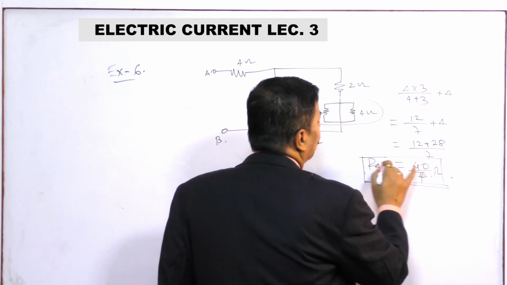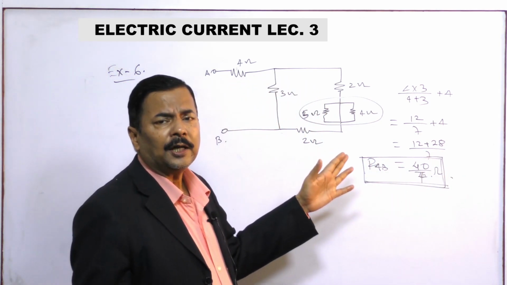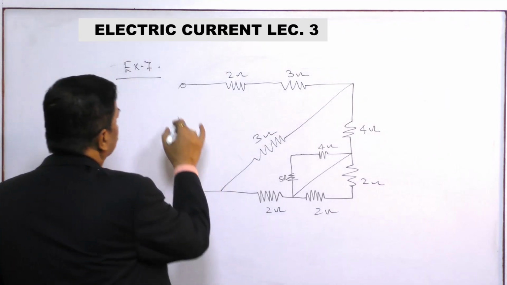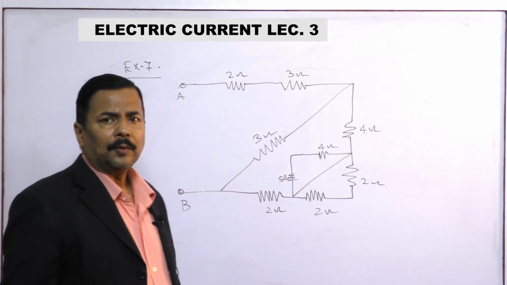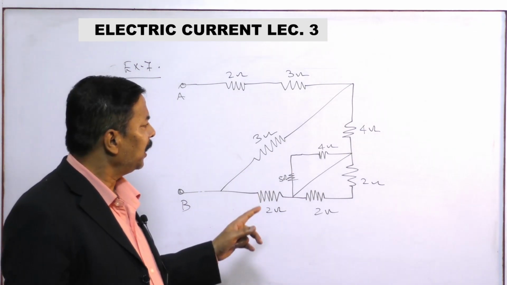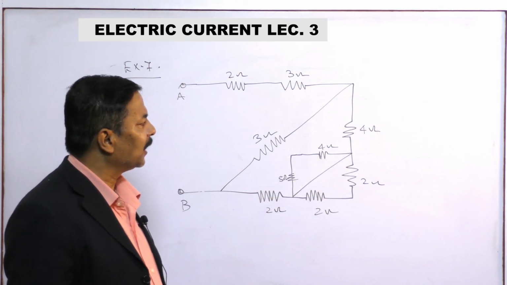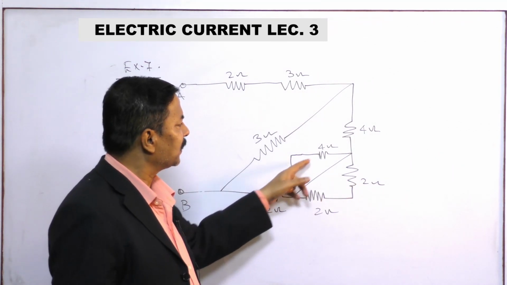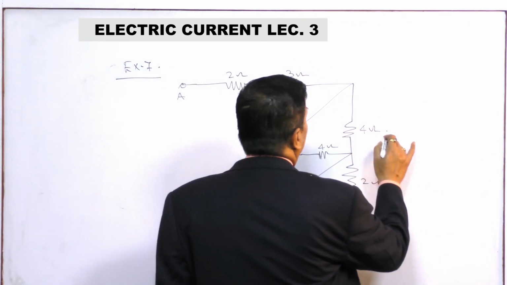Now on the same profile of this short circuiting, we should see the next question, which is of a similar profile. Here you see this question is of similar profile. Why? Here again the short circuiting is there. So when the short circuiting is there, you can observe that this resistance and this resistance have no meaning at all. It is simply like a wire, and it can be replaced by